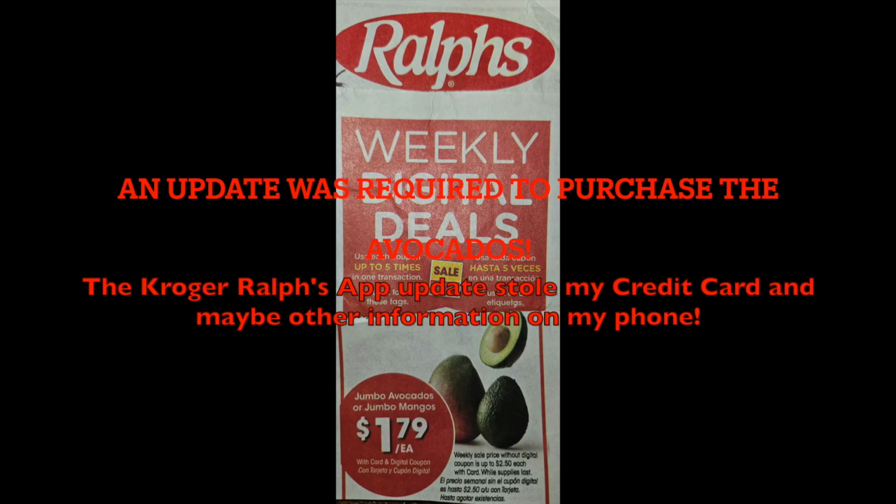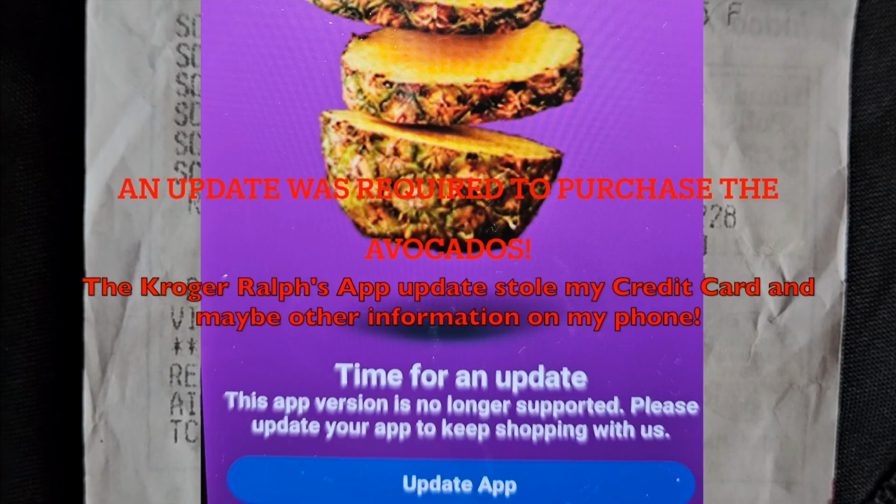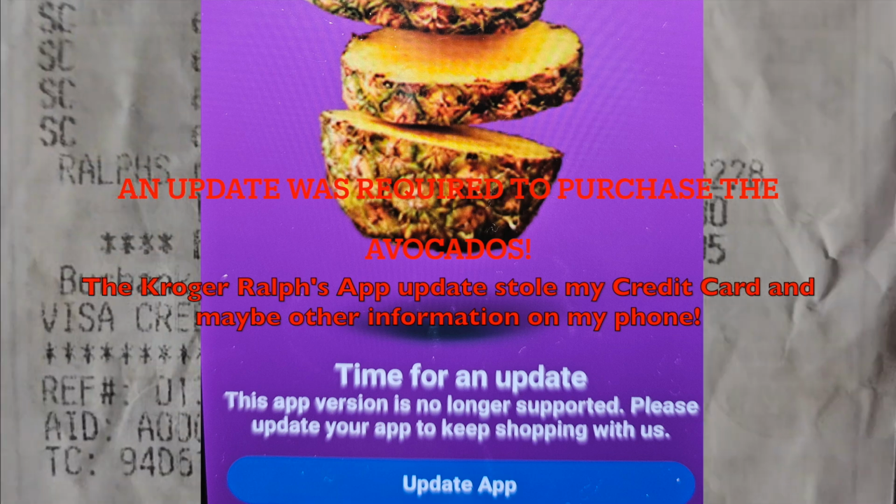They asked me for the app. They didn't ask me for the card. The card is in the app. I don't have the card on me right now, and I didn't need the card to process this transaction, and so you're causing me additional stress. All you need to do is get this transaction number